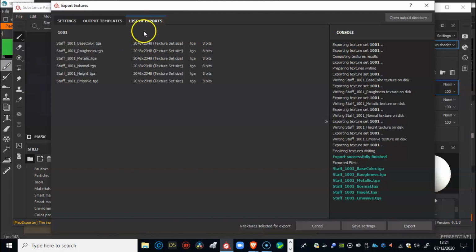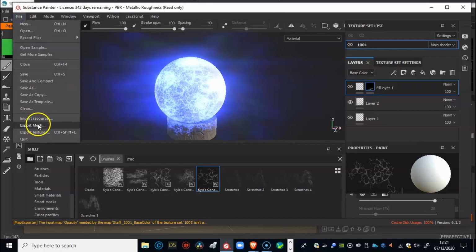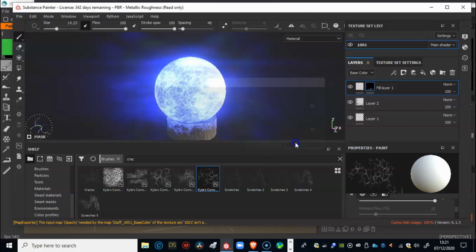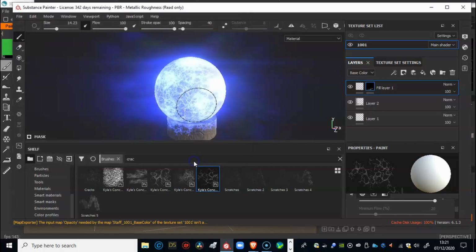If this completely explodes, I'll just upload the video and I'll have to finish it later. But anyway, that's done that, and I'll just need to export the mesh. I'll put it in here as well. That's all good. Now,